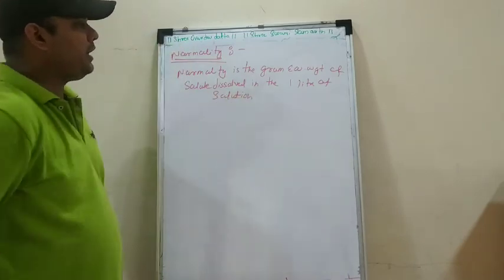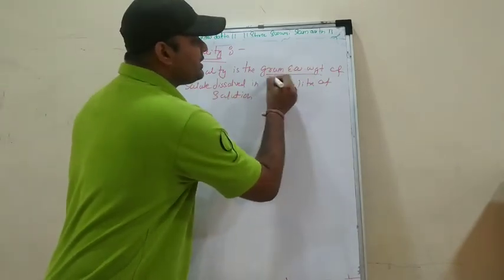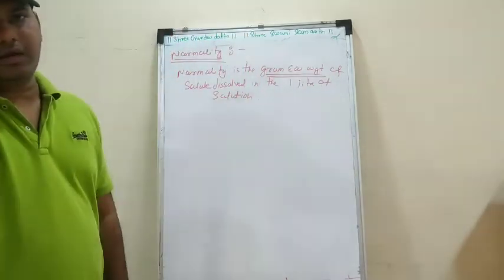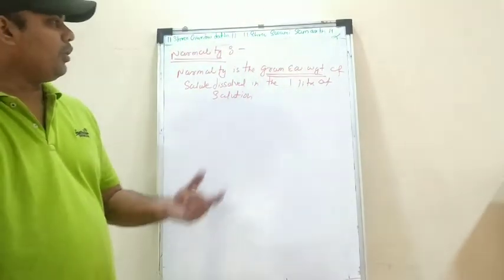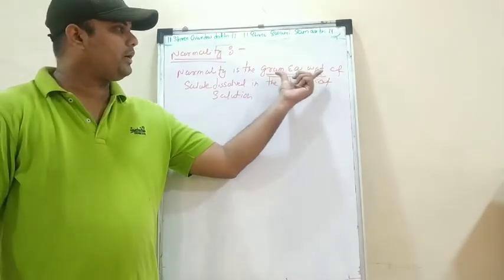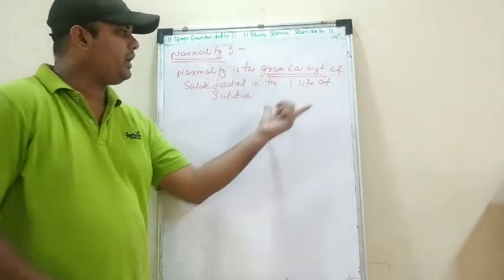So try to understand, this is the gram equivalent weight. It is not the number of moles, it is the gram equivalent weight of a solute dissolved in the 1